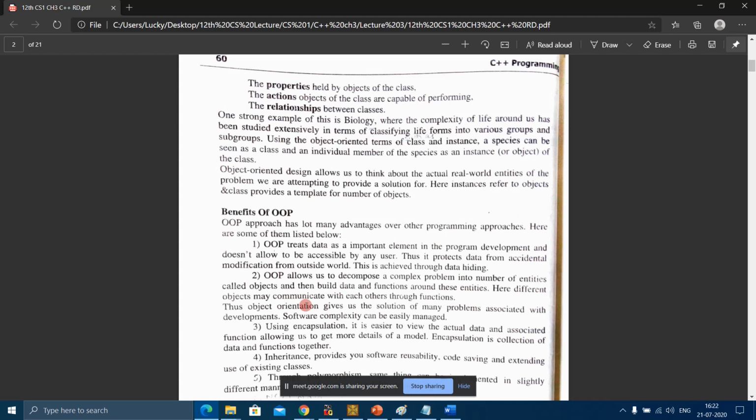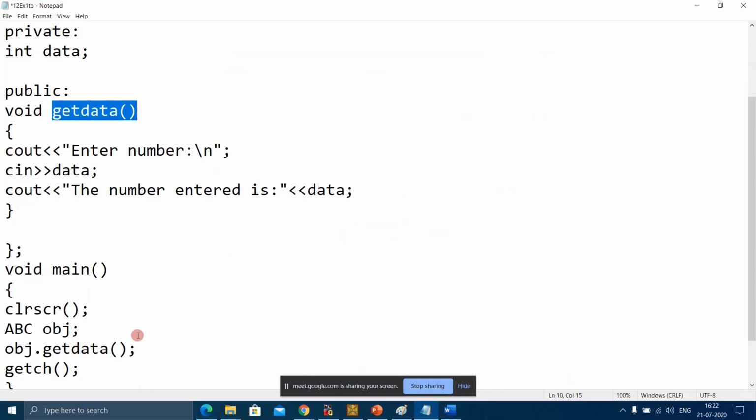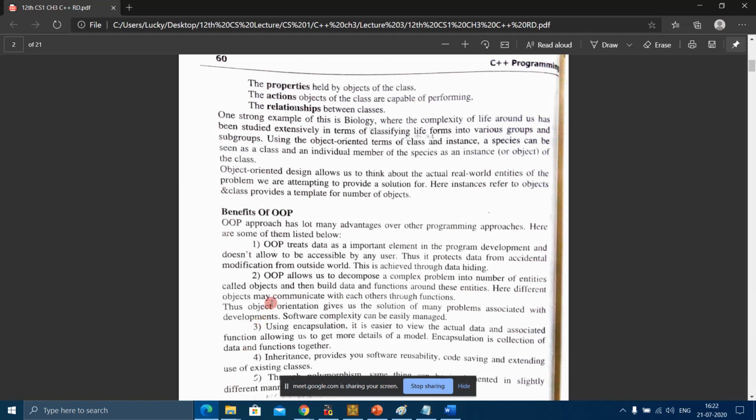These three terms we will learn in further topics. One thing I have explained to you is what data hiding is. I hope it's clear to you what data hiding is.